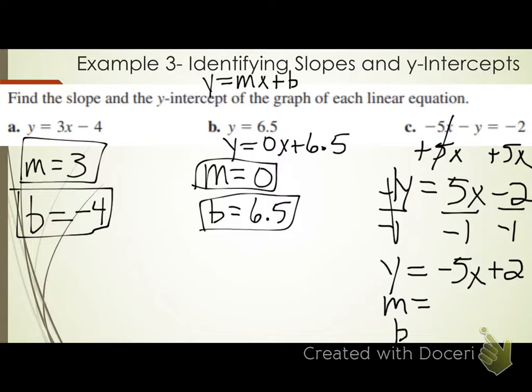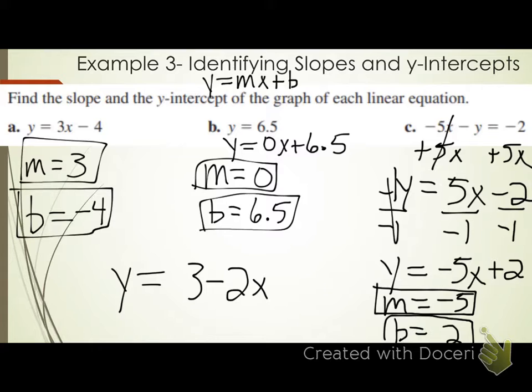So what's my slope here? Negative 5, because that number is being multiplied by x. And what's my y-intercept? 2, because that's my constant. The number without a variable. We okay with that? If I give you this equation,